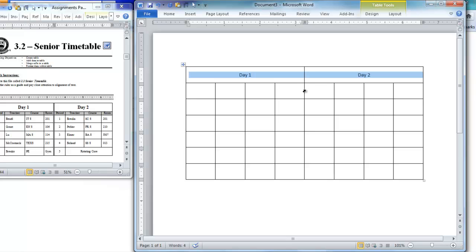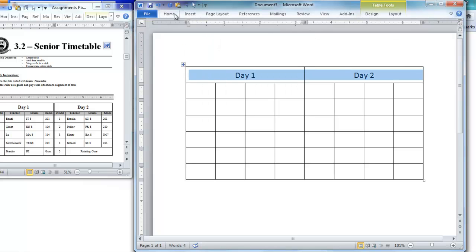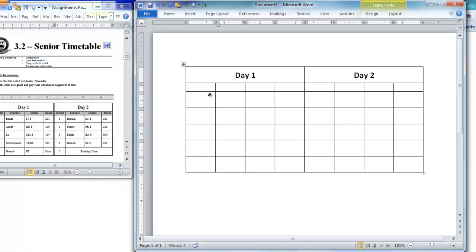And while I have it highlighted, I might as well change the size. It looks a lot like 18-point bold to me, so we'll go to 18-point and bold. Now this row here is our shaded row that's got period, teacher, course, room, etc. So what I'm going to do is reduce the size of it. I'll just eyeball that. And we'll highlight them all